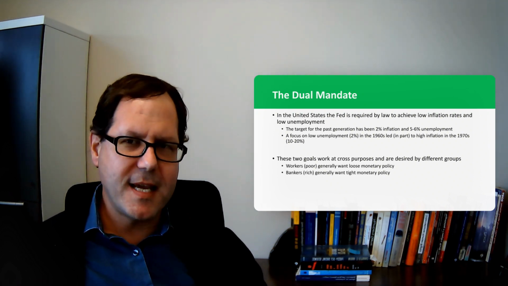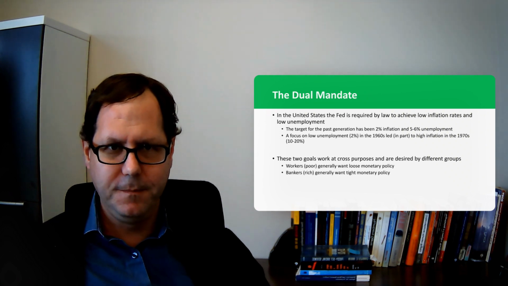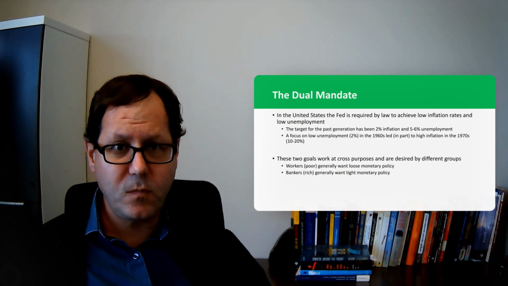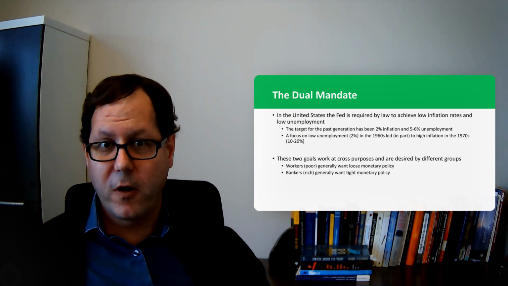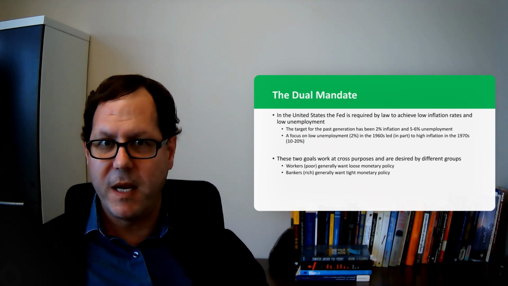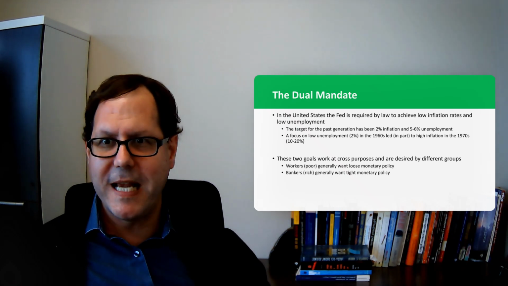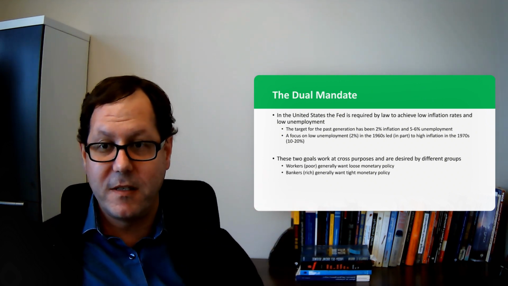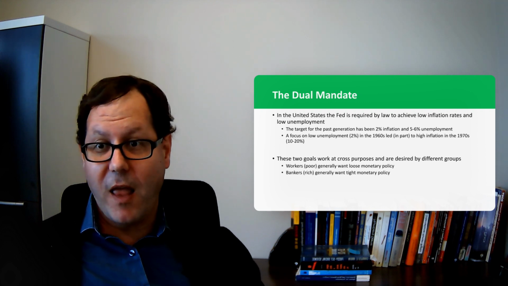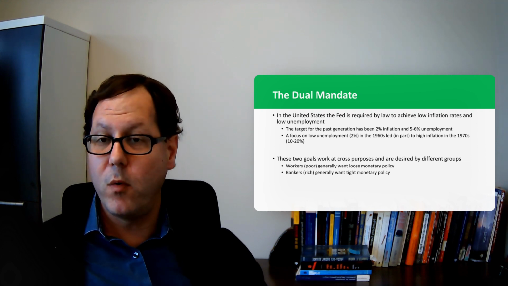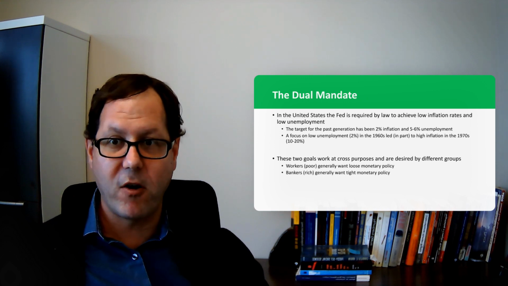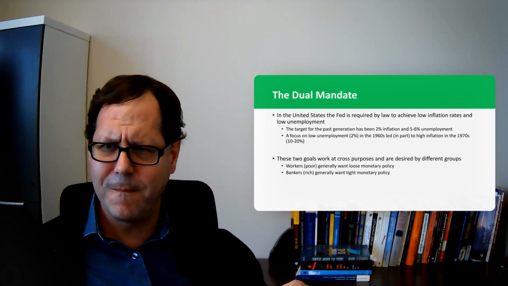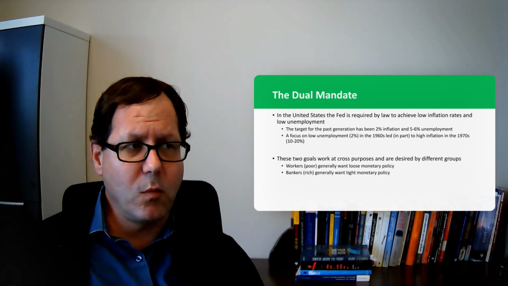And I think it's also important to point this out because different segments of the economy are going to have different preferences for a tight money policy or a loose money policy. If you're a worker, you probably are favoring a loose money policy because you probably have some debt and a little bit more inflation is going to be desirable to maybe reduce that debt, to make it a little bit easier to pay off. You're also going to like an environment in which unemployment is very low, in which there's a demand for workers, in which if you get fired or you decide you don't want to work in your job, there's lots of other jobs available that you can take up. That's a desirable environment from a worker's perspective.